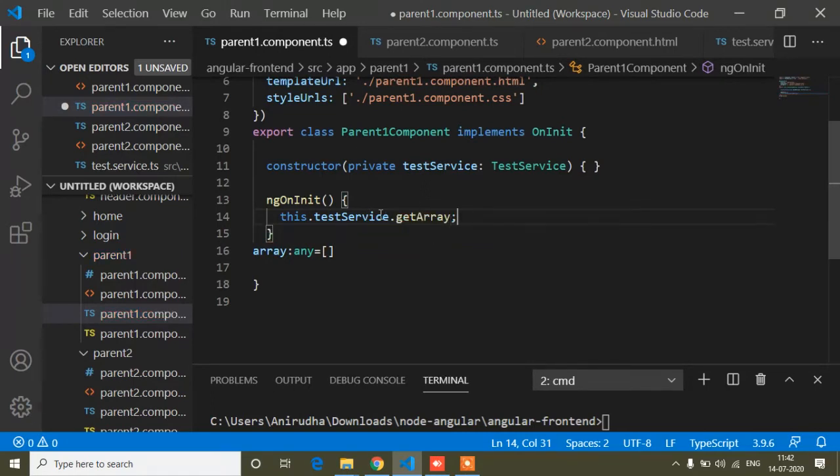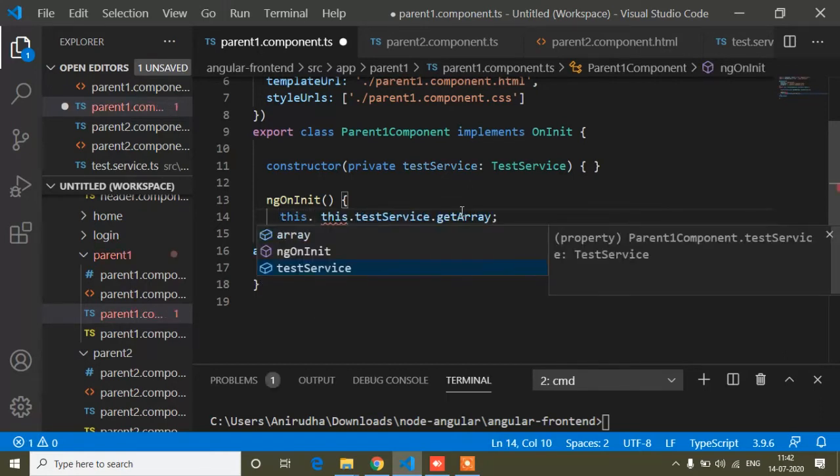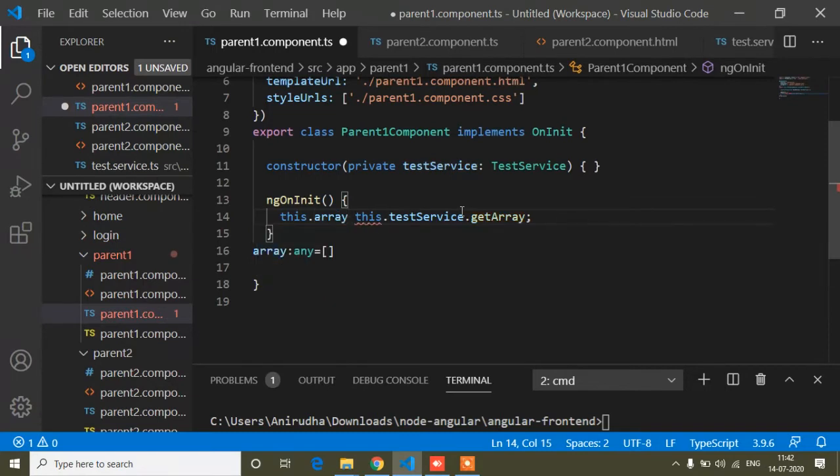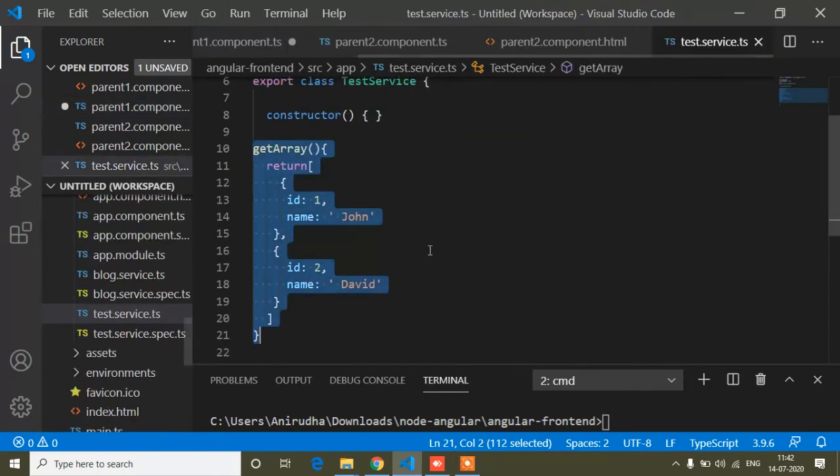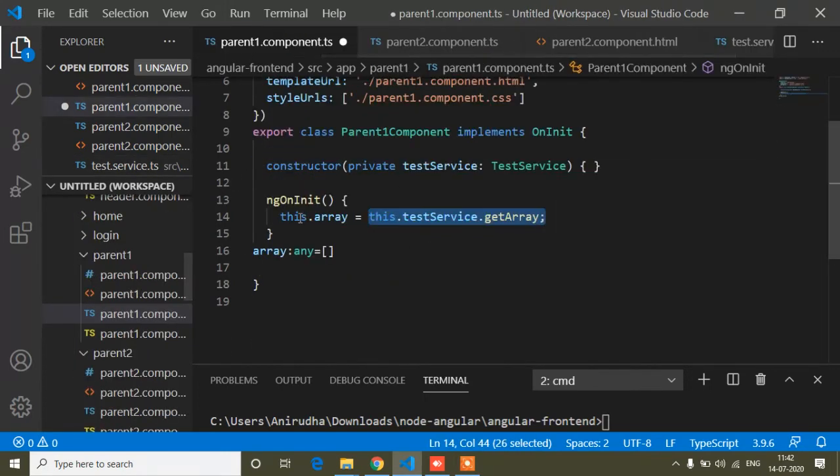So now I have to store this inside this variable. So now here I will write this.array variable equals this.testService.getArray. That means this.testService.getArray, where I declared our array inside this getArray method. So this I now store inside this array variable.